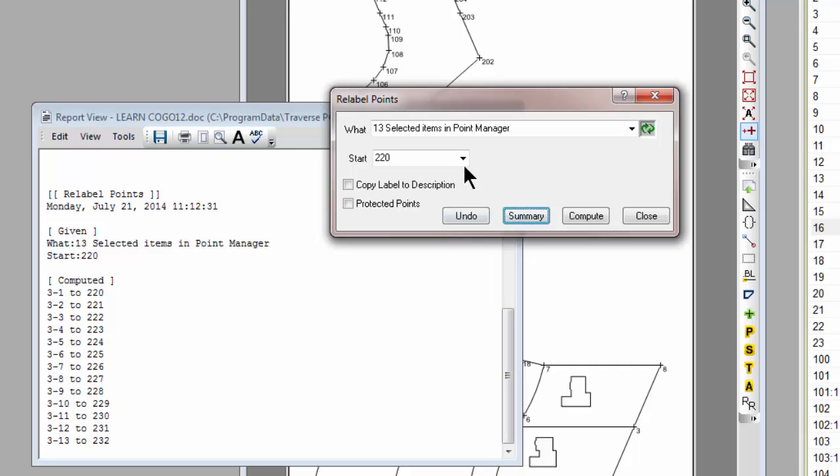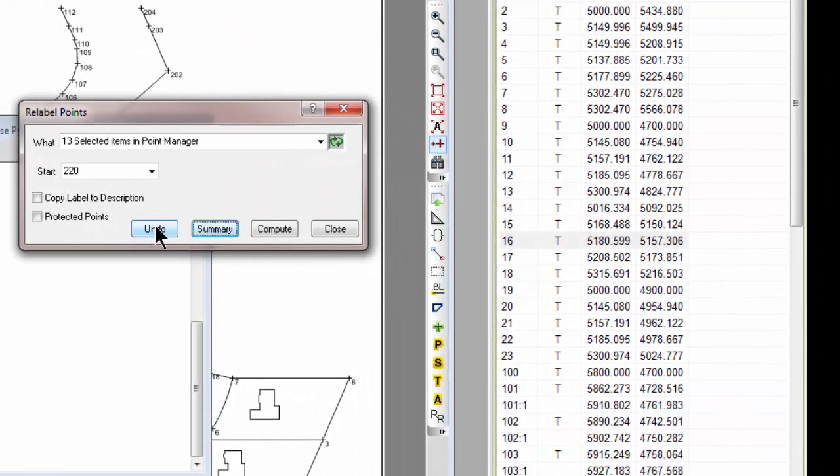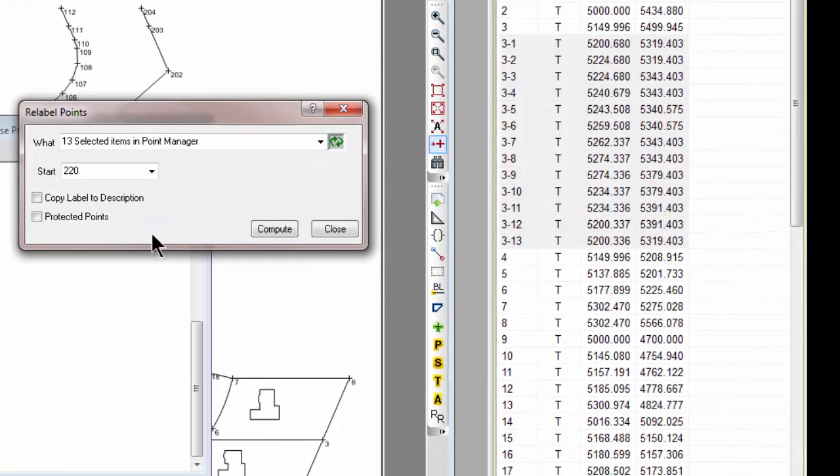And finally, like a lot of the Kogo dialogs, this command comes with an undo button. So if I don't like how it relabeled the points, I can always choose undo. Traverse PC will put those labels right back the way they were. And I can say, let me try this again with a different point number,